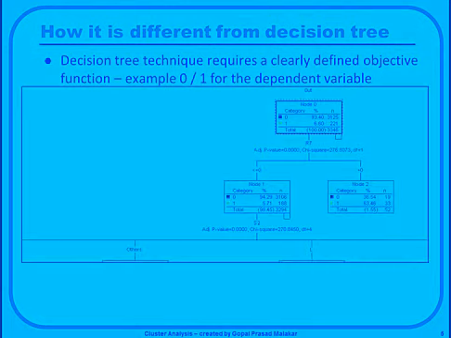Let's say the dependent variable is 0, 1. You have a dependent variable and you are trying to forecast it, so you find those variables which are able to differentiate the population in such a way that on one side you have more 1s and on the other side you have fewer 1s. If you think of it here, you started with 6.6% 1s, and in this case you are getting 63% 1s, and in this case 5.7% 1s.